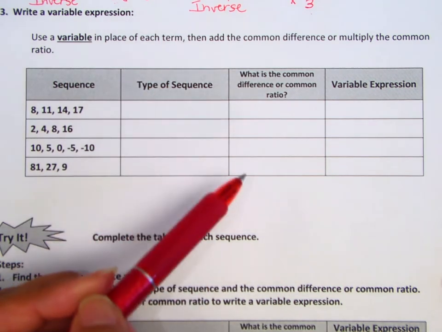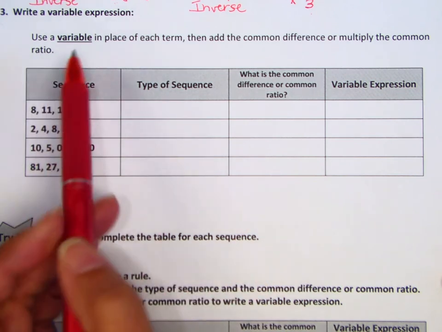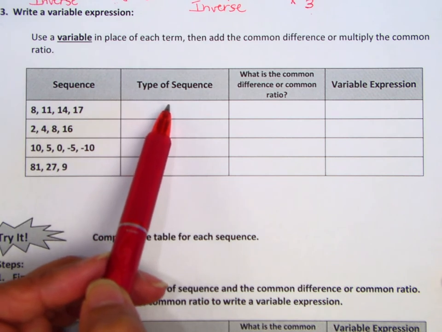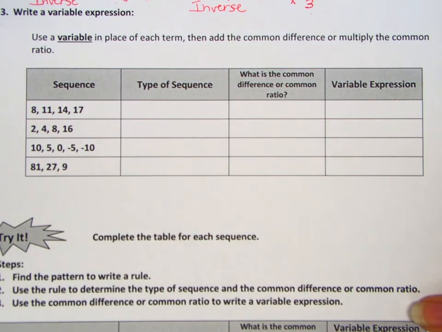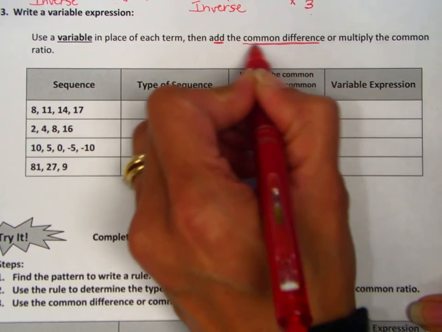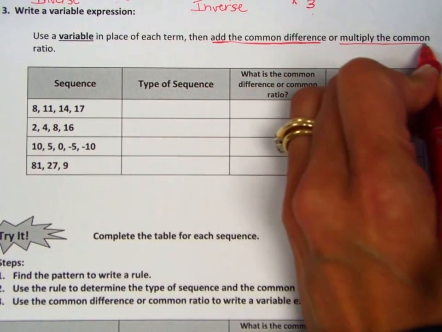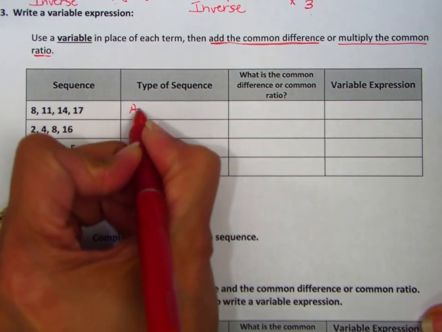So instead of saying, for instance, 2 plus 1, 3 plus 1, 4 plus 1, we're going to replace our numbers in our sequence with a variable so that it can work for any number in the sequence. And then we're going to add the common difference, or we're going to multiply the common ratio depending on which type of sequence we have. So let's use the same numbers since we already have all the information we need. We know that our first one was an arithmetic